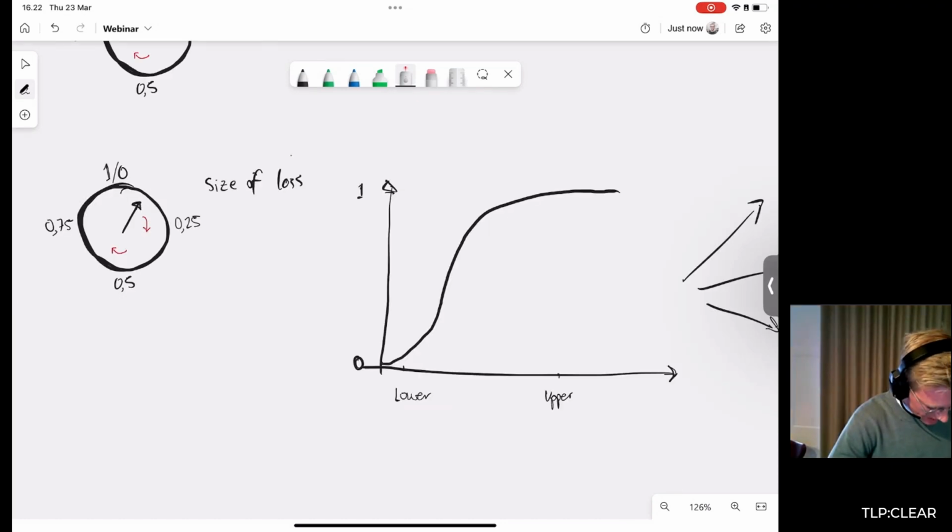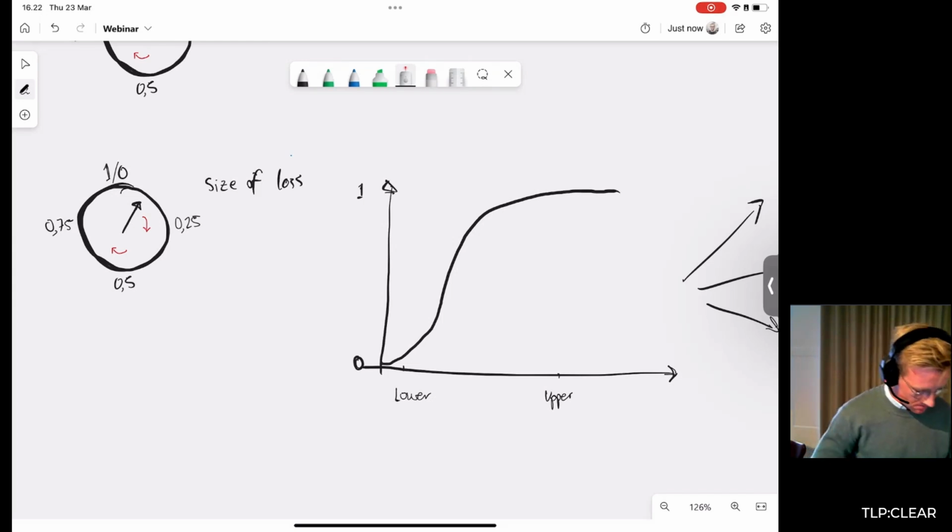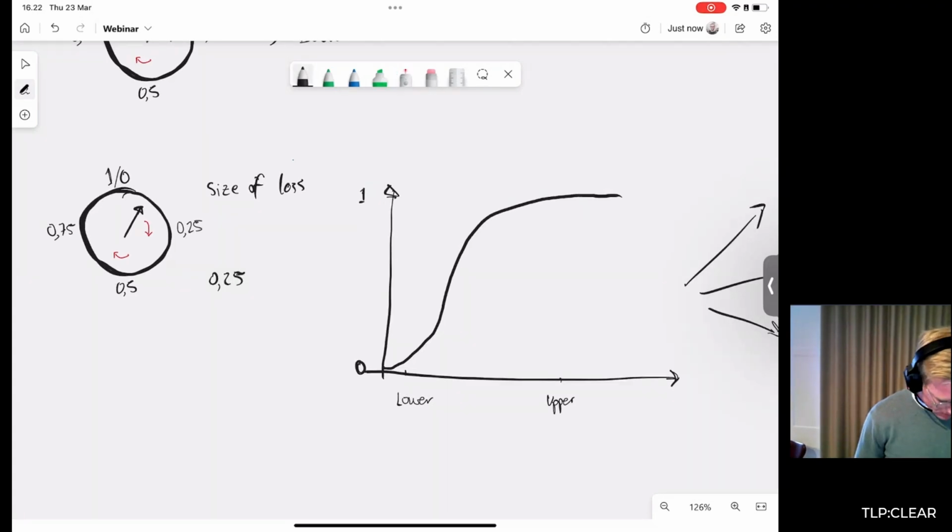Here we have a spinner again, but imagining now that you have a graph that is able to translate a number from 0 to 1 into a number in your range. How would that graph look? I drew one here. So let's try to spin the spinner together. First time we got 0.25, right? Where does that end up in my range? My first number that I'm going to pick is going to be in the lower end of my range. I'm going to do it 10,000 times. So now you see that I'm going to pick a lot of numbers from down here.